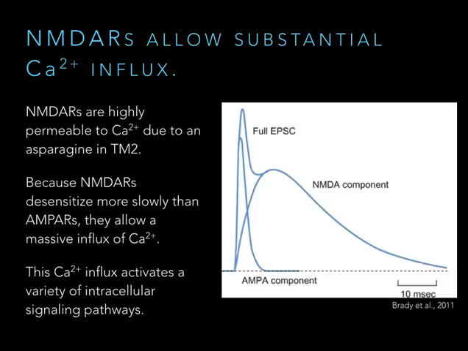And principal among these ions would be calcium. NMDA receptors are much more permeable to calcium than AMPA receptors in general, and because they're open much longer and more calcium permeable, they're going to allow a greater calcium influx. Calcium is a very important secondary messenger, which we will talk about as we discuss intracellular signaling pathways. But that's what allows NMDA receptors to kick off some long-lived changes in